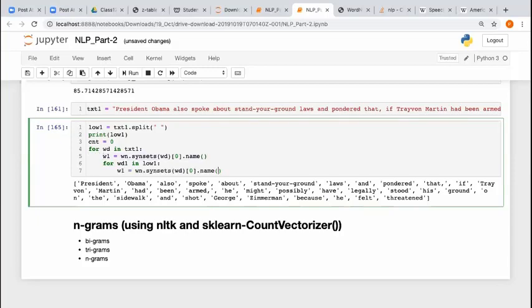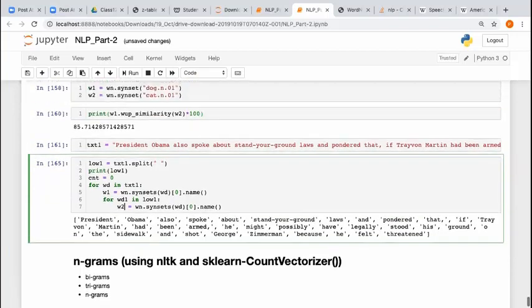Take the same thing, W2. Yeah, synset, and from low I want, right? And this has to be not from W2. This will be low 1. WD1, W1. No, I have to get WD1, the synonyms for the previous one also, right? Because the moment you get the first word, it has to be compared with this, correct? So get the low one, and from this I'll get